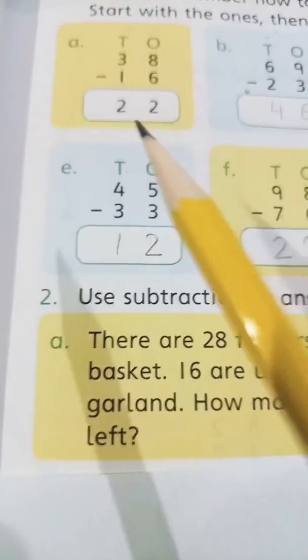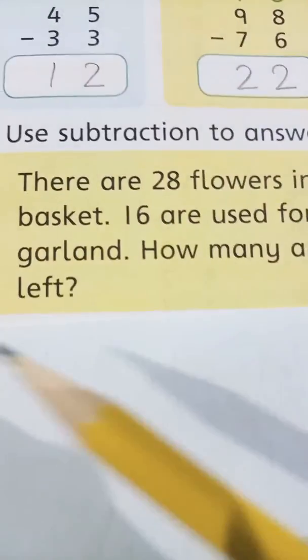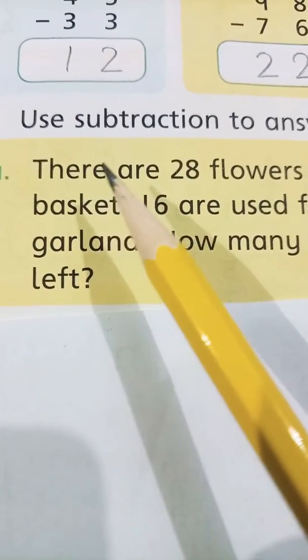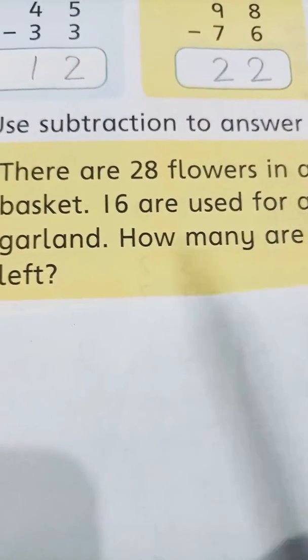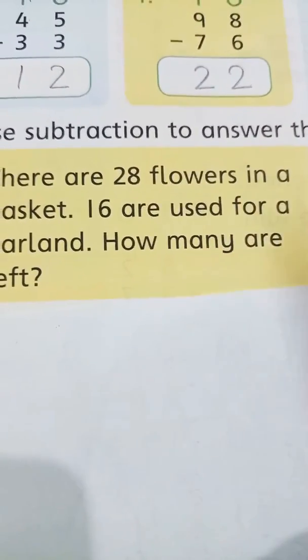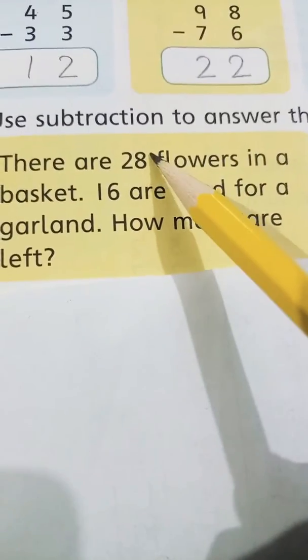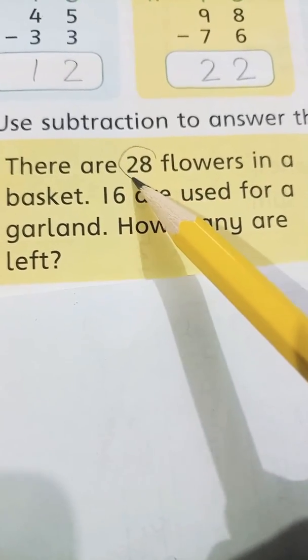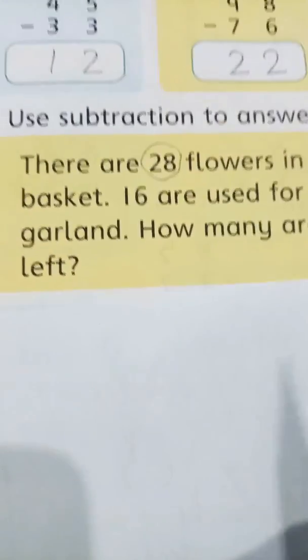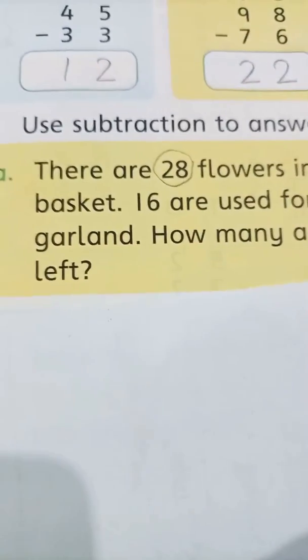Look students, we have solved our first part, and here is our second question. Use subtraction to answer these. We will use the subtraction to answer the statement question. Okay, here I am writing the question. There are 28 flowers in a basket. There is an important number here, that we have the 28 flowers in our basket. So I am making a circle around the important number. We have the 28 flowers in the basket, and